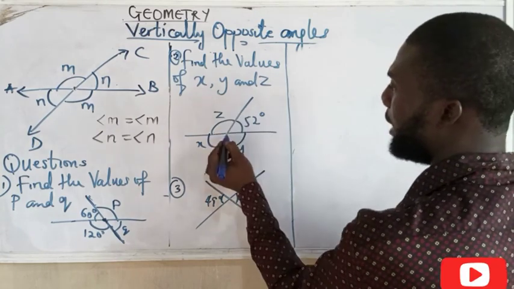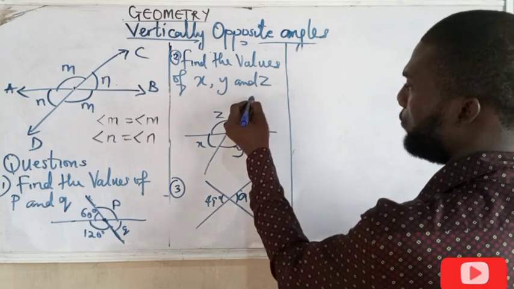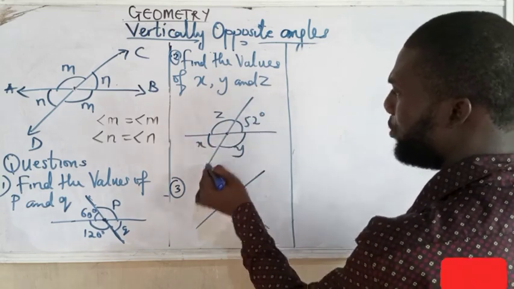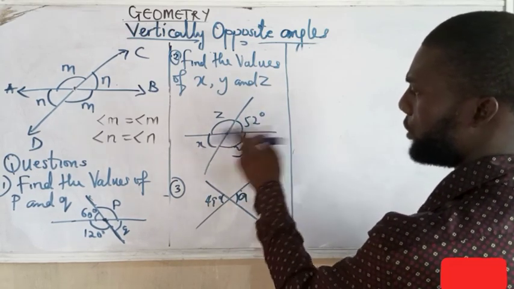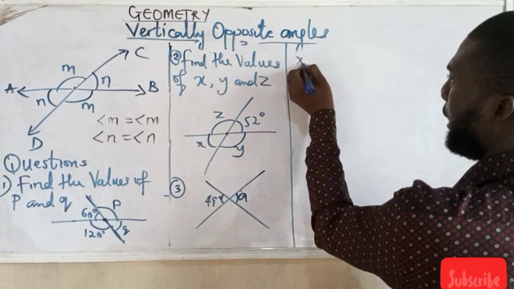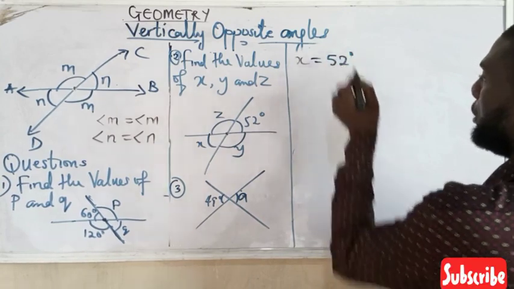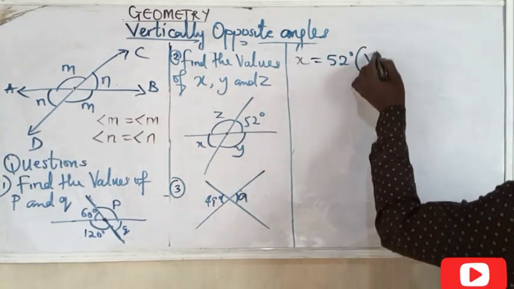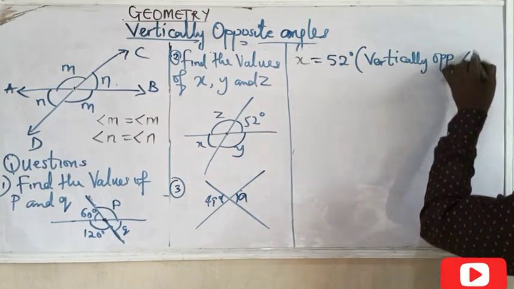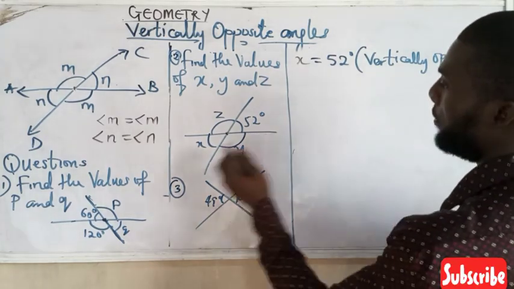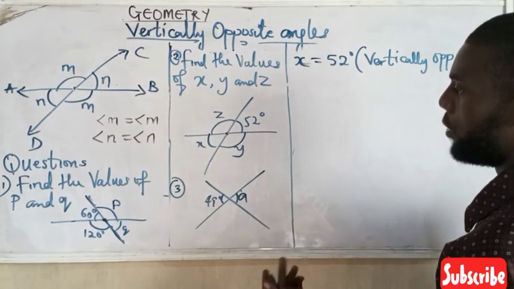Now, as you can see, this is the vertex point that they both share. So this is angle 52. Automatically, the angle I'm seeing here is opposite to it. So I will say automatically x equals 52 degrees. Reason, vertically opposite angles. Then from here, since we have written that x equals 52 degrees, now how do we get the values